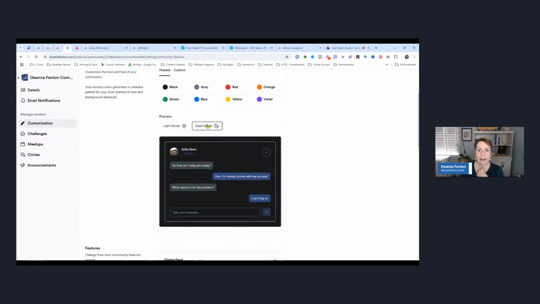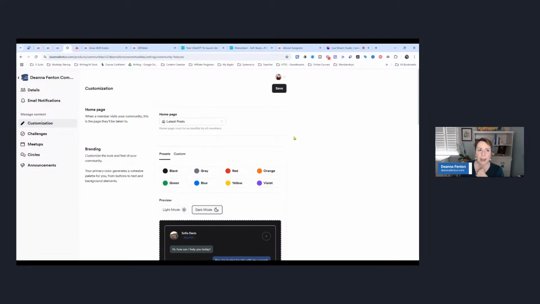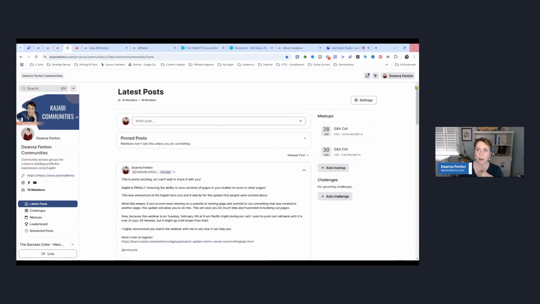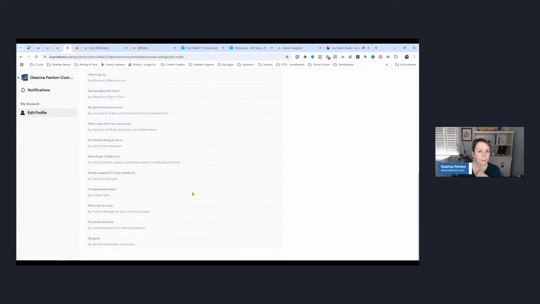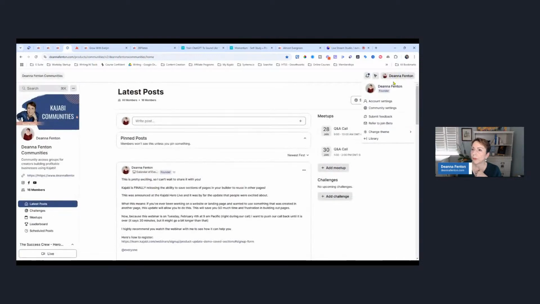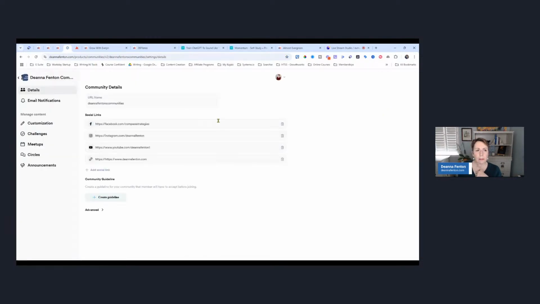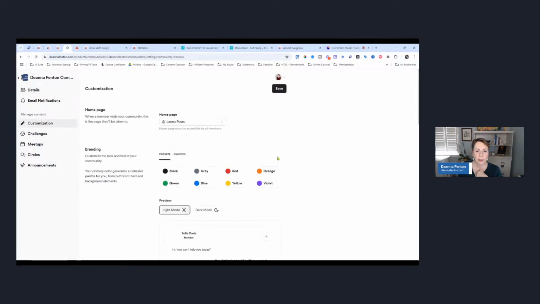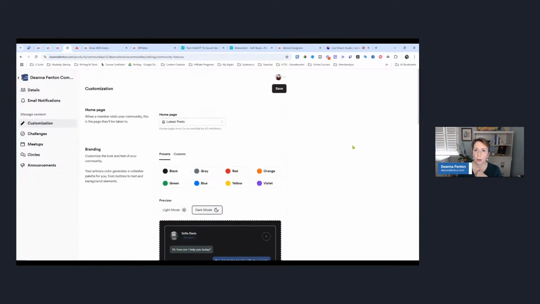And what a lot of people like is there is now dark mode. So each member can make the decision if they want to see the community in dark mode. Well, that's kind of funny. My account settings. Hang on. Because I thought that would have changed it to dark mode for me. Customization, dark mode. Oh, helps if you save stuff, right, everybody?